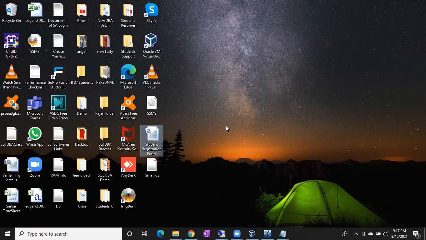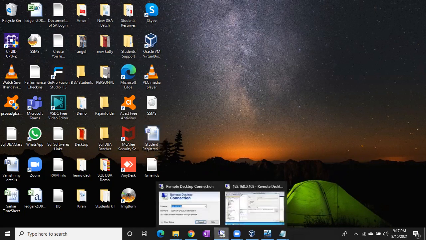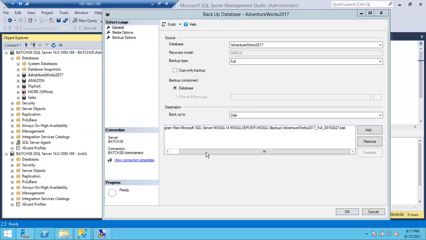If you click no, it won't create the file with the same name. So my question is, can I take the backup with the same name in the same location? Is it possible?